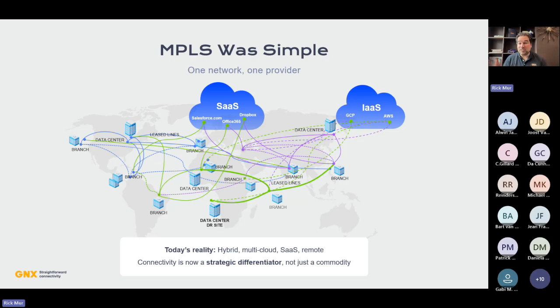You would go to a single vendor, usually a big carrier, a big telco that would have a global footprint, and those networks would be run by the same provider, with maybe some infrastructure that will be purchased in separate parts of the world. But in the end, the piece of the network that you would procure from this vendor would be yours. It would be a private network infrastructure that was usually secure, and that was yours. So it was private, it was guaranteed with high SLAs, but it was expensive, and it still is today.